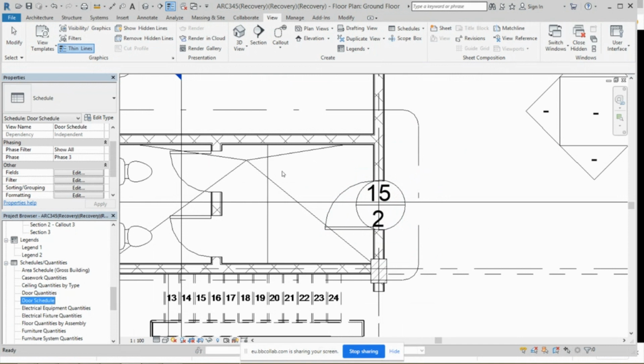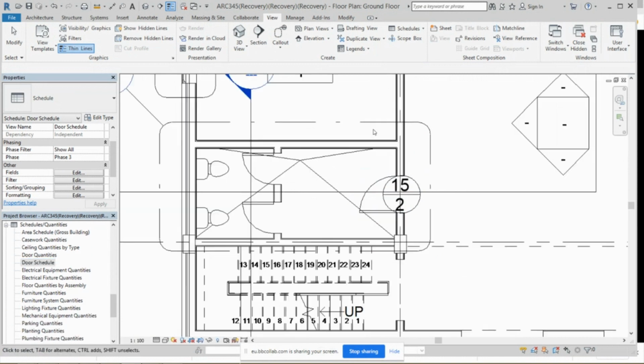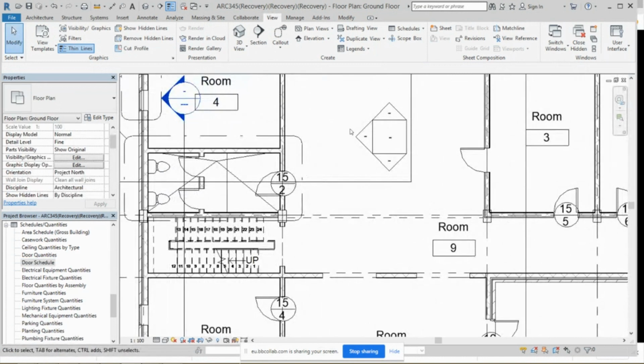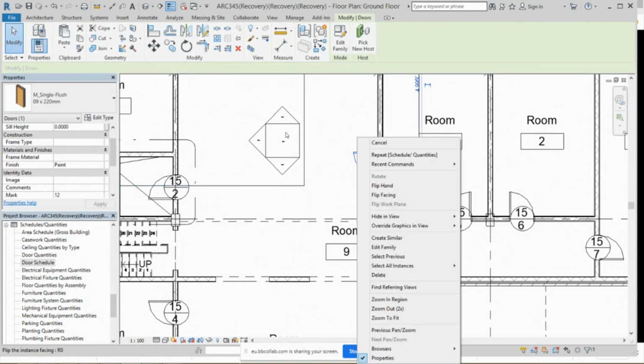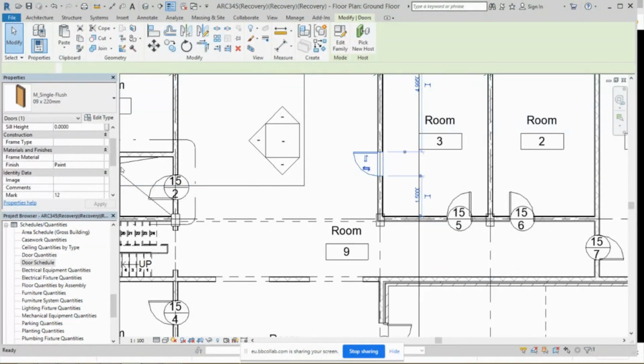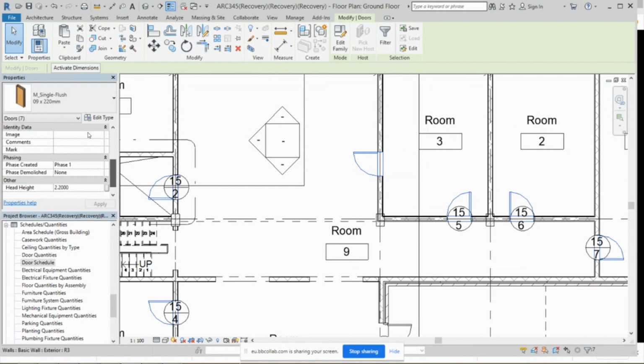But I want to show you something that I think will be handy for you, because I think you will have lots of doors, and this will be painful for you to just write the description on all of it. So if you pick one of the doors and you right click on it, and then you select all instances in the entire project, and you go here, and in the finish and frame material, you can add what you want to have. So that if we decide to have wood in here,